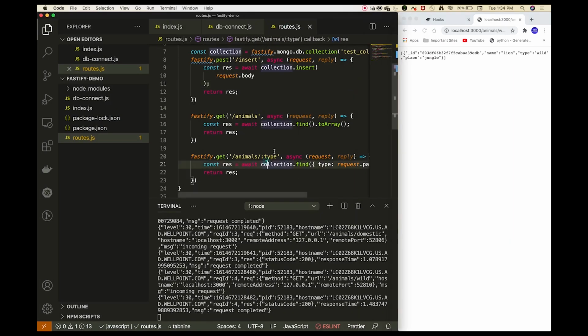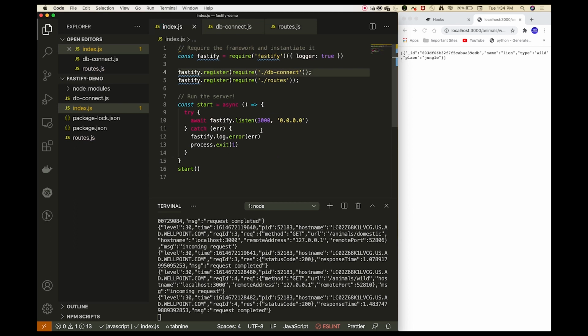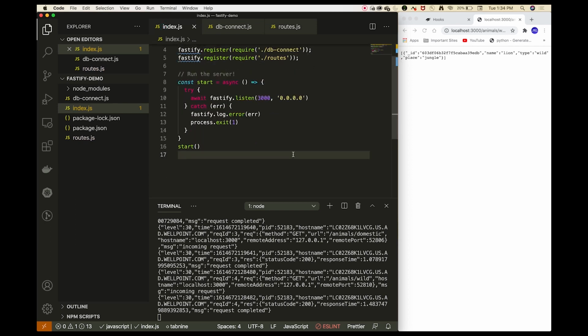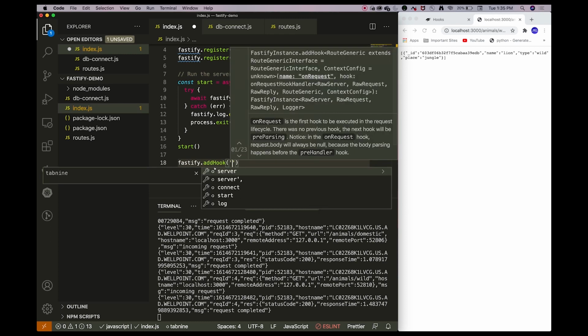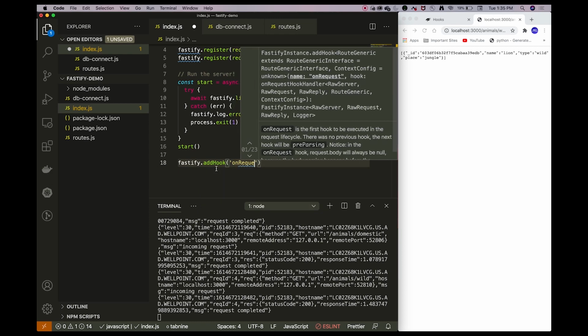So let us implement one such hook in our application as well. We want to create a hook on request. It will print something on the console when a request is made. To create an on request hook, we will say fastify.addHook, and first we need to define the name of the hook. In our case, the hook name is onRequest.